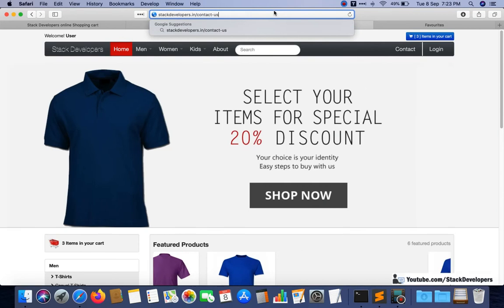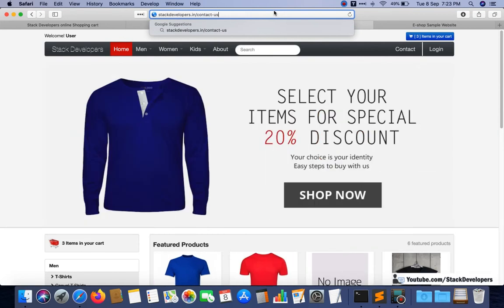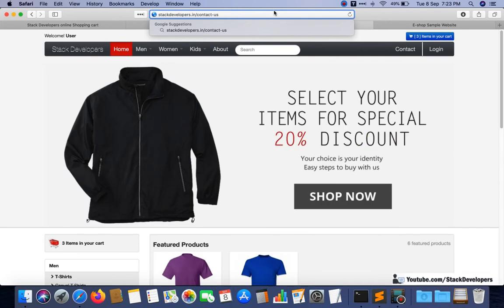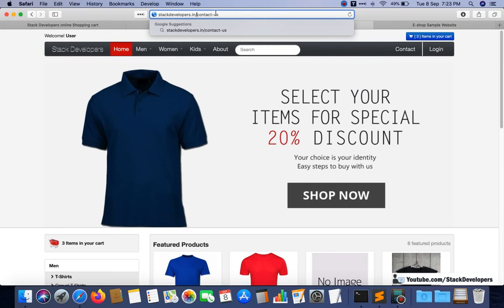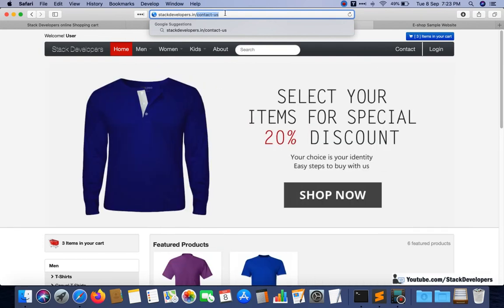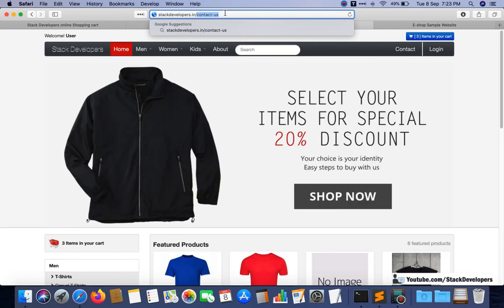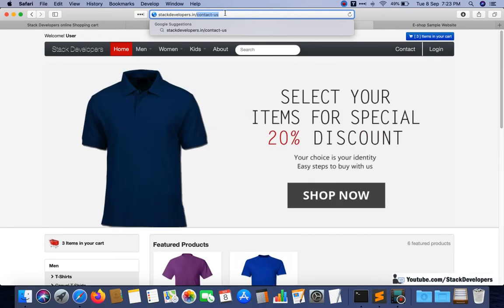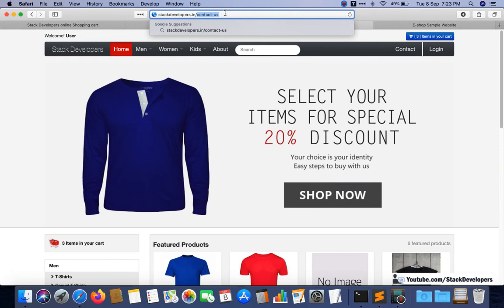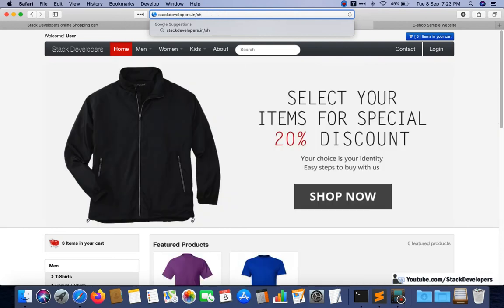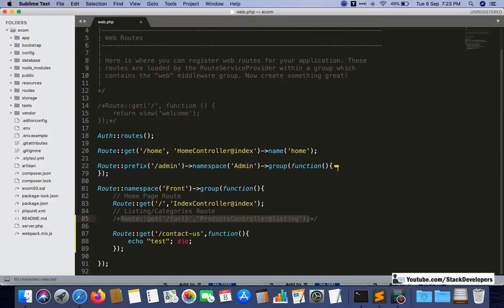We will do the CMS pages as well. We will create contact us or about us pages or other pages, and we will directly add them after the slash. But if this URL is assigned for the listing, then how can we come to know that this contact us is for the CMS page, or we can say the static page? Contact us is a static page, and if we are calling a shirts URL from the category, then shirts is the listing page. So for that we need to do something in web.php to resolve this kind of issue.